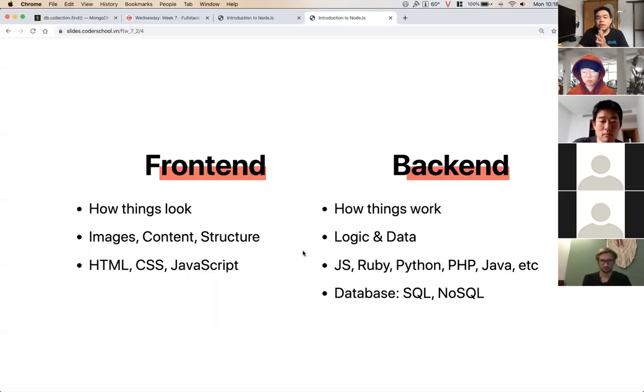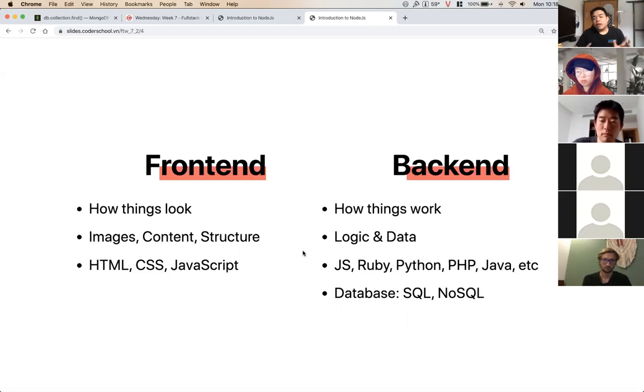for your website, you will focus on how your images are rendered. For example, on the navbar, or in the middle on a container, or inside the footer, and how big they are, like the size of them. Also the content, you want to focus on the layout, the content. You want to show how long they are, how big they are, the text, how big the text is, and also the structure,